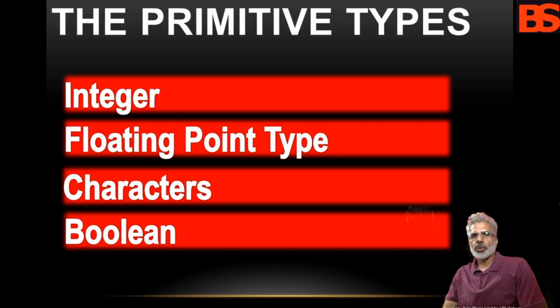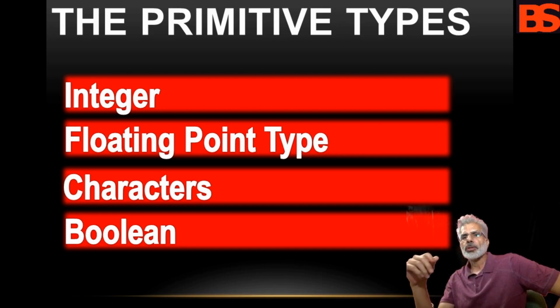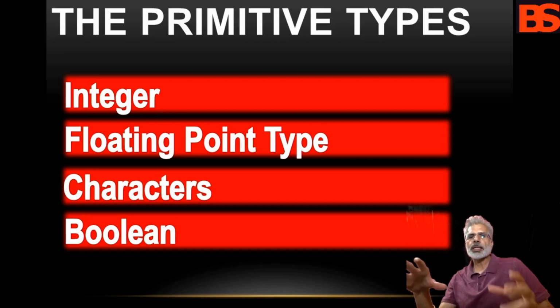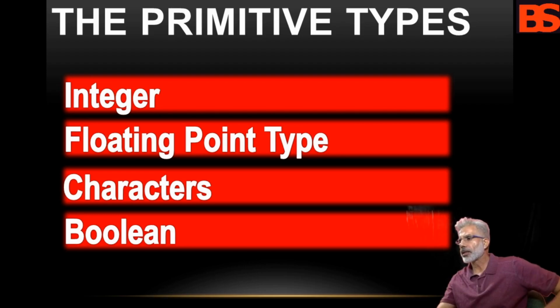You can use these types as is or to construct arrays or your own class types. The primitive types represent single values, not complex objects. Although Java is otherwise completely object oriented, the primitive types are not. Let's look at each type of data in turn.